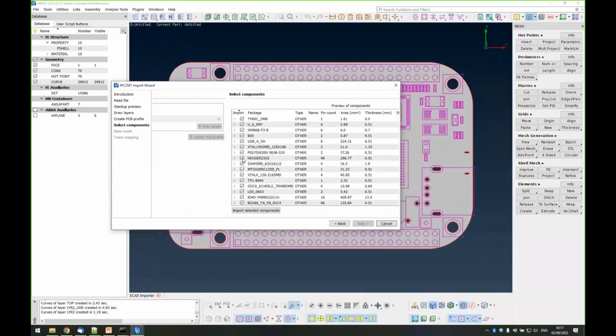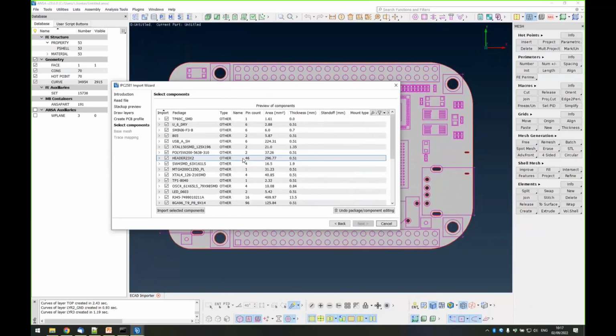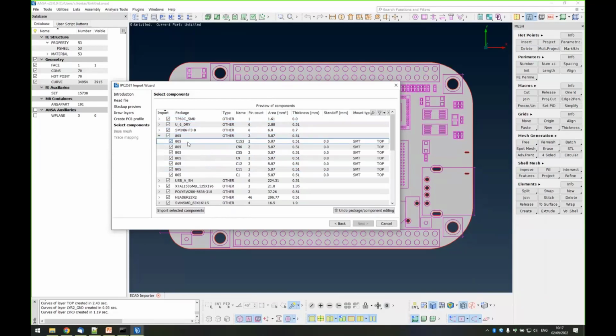So in the next stage, we have to select which components we want to import. And this page has been greatly improved since the last versions, but for now it's just available at this level of detail because the user might want to import some of the components, and it's important to have a dynamic and easy selection of components. So what is important right now is to see that the list of components is grouped according to packages. For example, the package 805 has all these components, all these capacitors, which we can expand.